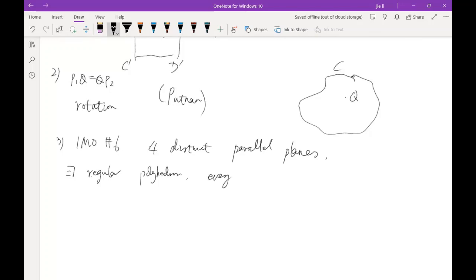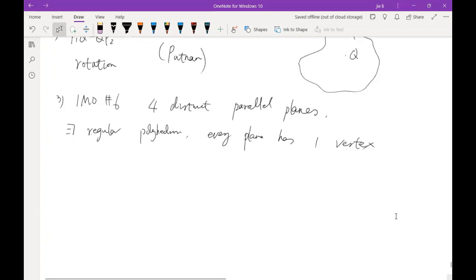Every plane has one vertex. Right. So this problem, immediately you should recognize this is pretty similar to a plane problem. We have done this one, and I think most of you should have seen this problem from different places. I mean, myself, I probably talked about this to each one of you